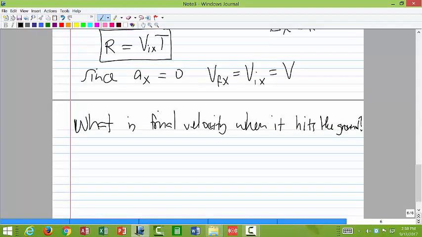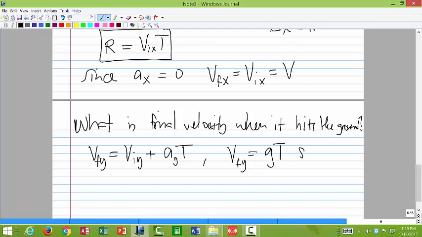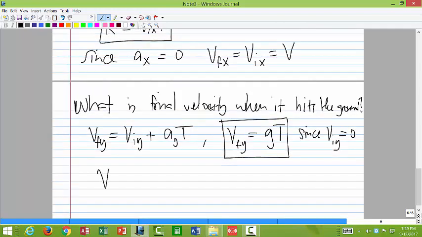To find the final velocity, v final y is equal to v initial y plus a subscript y times t, not delta t but t, where t is the time of flight. And so v final in the y direction is just equal to g times t, since v initial y is equal to 0. It was launched horizontally, so the y component is initially 0. So this is our final velocity, v final in the y direction, and then we have v final x